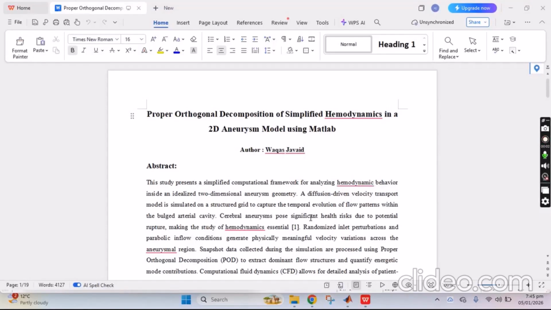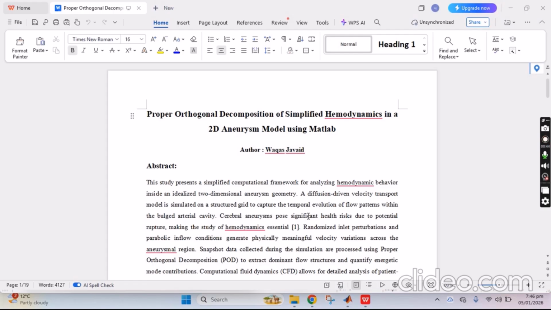So this article is related to proper orthogonal decomposition of simplified hemodynamics in a 2D aneurysm model using MATLAB. In this study, we have simplified the computational framework for analyzing hemodynamic behavior inside an idealized two-dimensional aneurysm geometry. Aneurysm is basically a geometry type which provides us the two-dimensional behavior of the hemodynamics